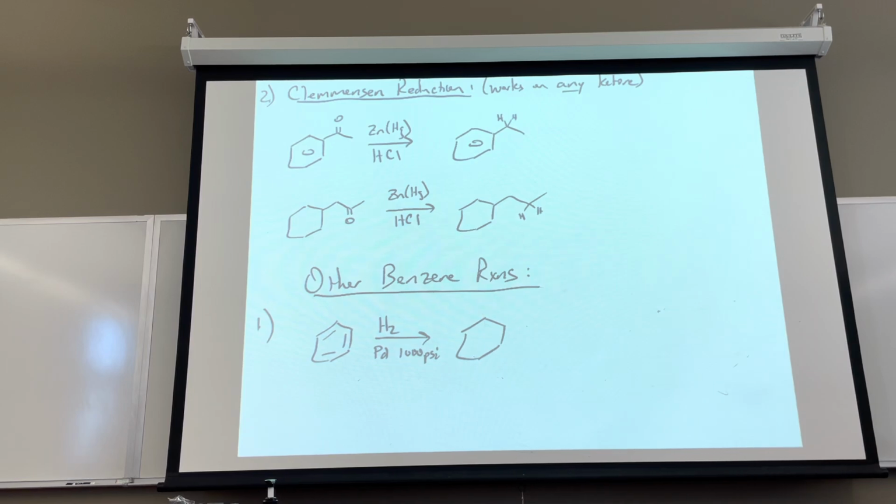And number one, it's very difficult to accomplish. And number two, even if you could, what glassware is going to survive that? So if you're going to try to do catalytic hydrogenation with palladium on benzene, you really need very, very specialized equipment that the vast majority of labs do not have. You're not going to go into room 406 across the hall and try to do catalytic hydrogenation on benzene, because there's no way you're going to get to 1,000 psi, and we don't have any kind of equipment that could accommodate 1,000 psi of pressure. So